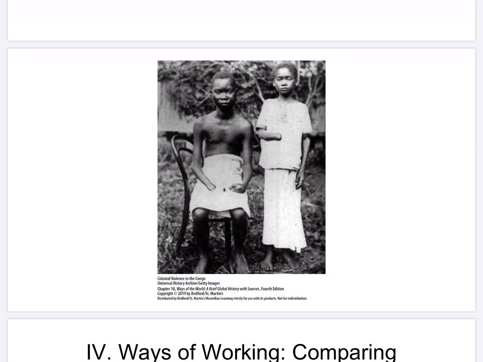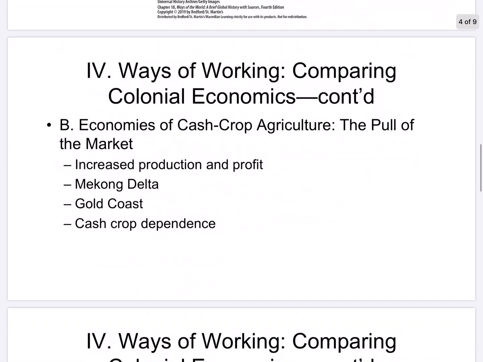So how could political and social reformers in the 19th century use photographs like this to promote changes in how governments ruled their colonies? This photograph shows children mutilated in the Congo Free State, likely for not having reached some production quota. Photos like this could and did elicit public support for better treatment of the natives and ultimately led to the Belgian state assuming control of the colony in 1908 from Leopold II.